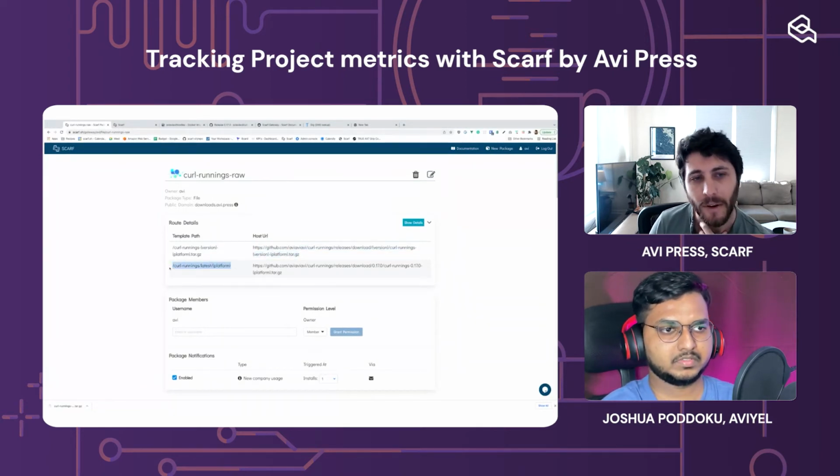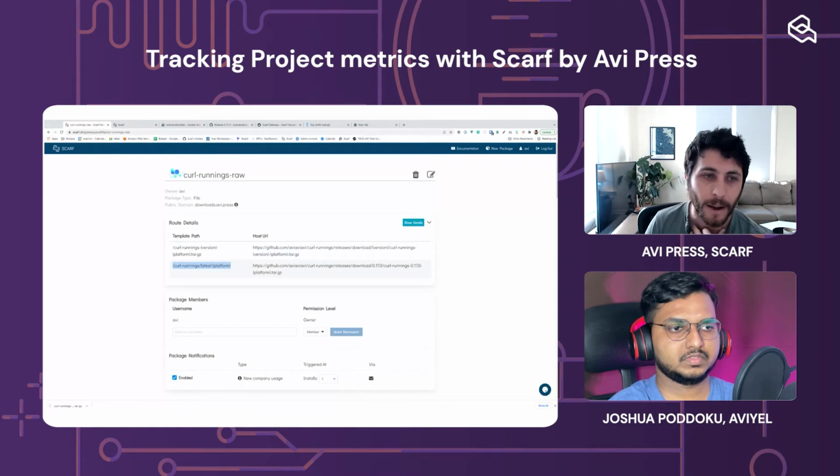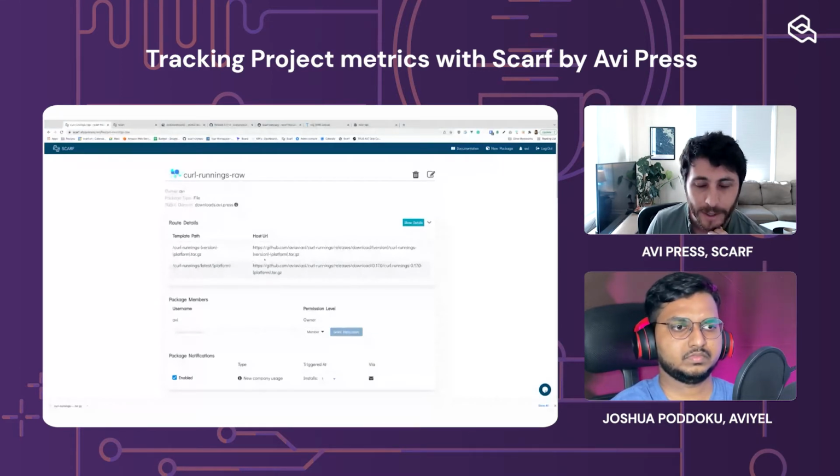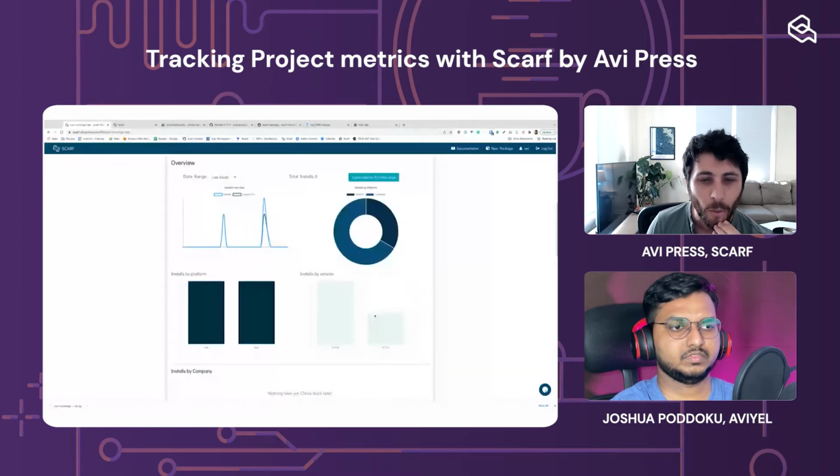And then for convenience we also have this latest incoming URL, which is going to hard code the version to whatever the latest version is. And then the platform is the one variable here. And now, anytime this URL gets used, we'll see the breakdown of those URLs within Scarf.